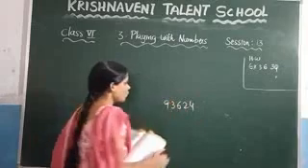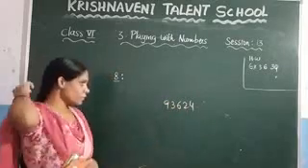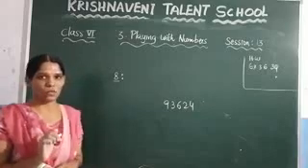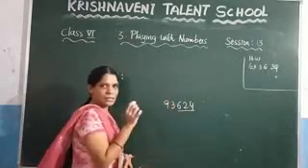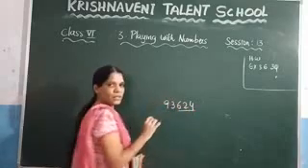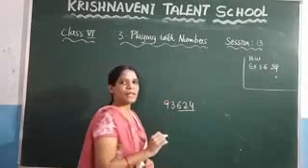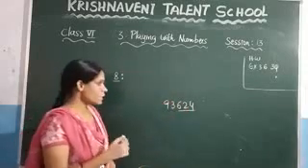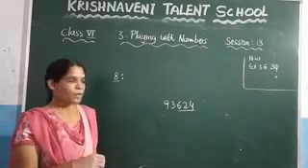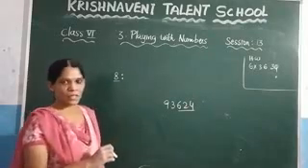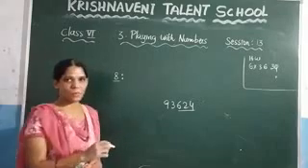93,624. If you want to check whether this number is divisible by 8 or not, what do we need to do? We need to check the last 3 digits of the number. In this case, what are the last 3 digits? These are the last 3 digits, right? 6, 2, 4. A 3 digit number. Now, you need to check whether this number is divisible by 8 or not. If it is divisible by 8, that means you have to get the remainder as 0 by dividing this number by 8. If you are getting the remainder as 0, we can say that that number is divisible by 8.